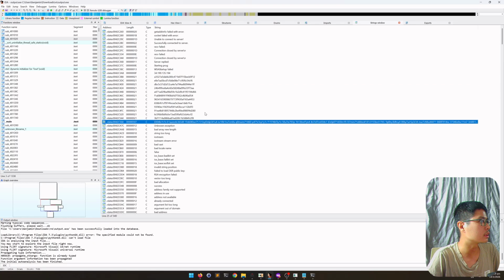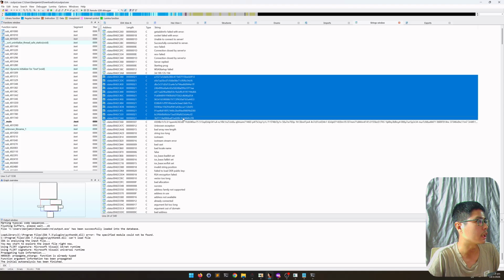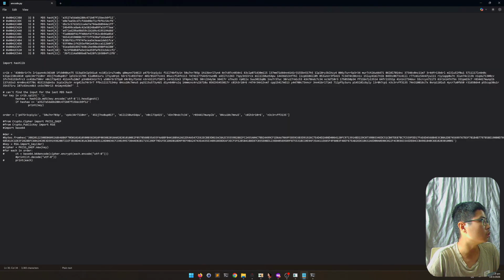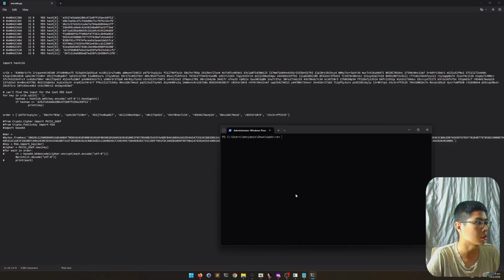A bit of logical deduction we can do is that possibly some of these values might be hashed and end up as one of these hashes here. So we can write a quick Python script. We'll go through this whole list, split it because it's space separated, figure out if any of these match the hashes over here, and then print it out. You immediately see